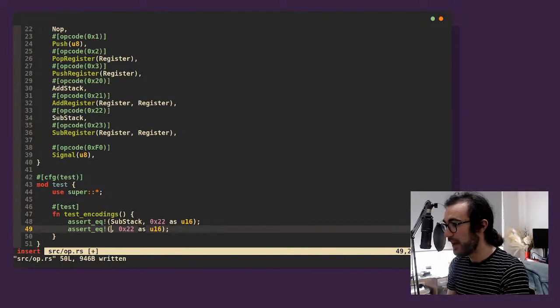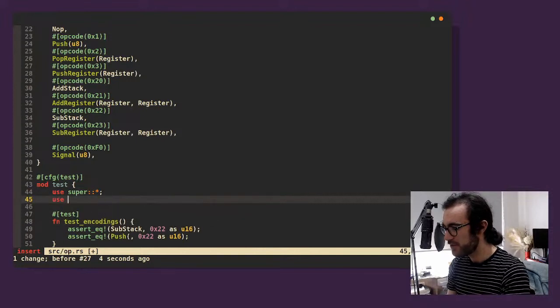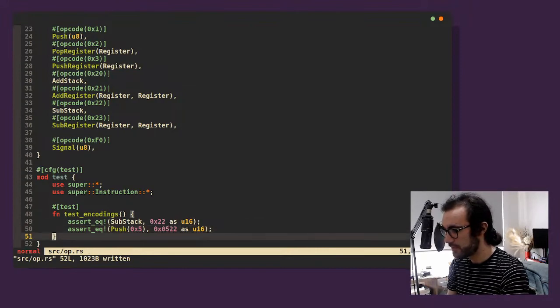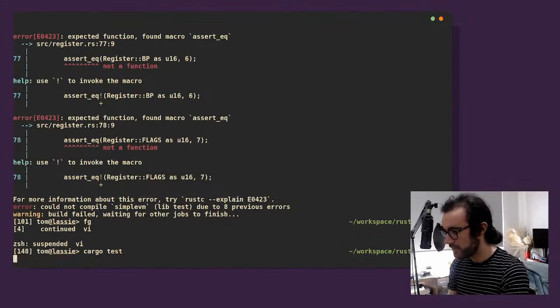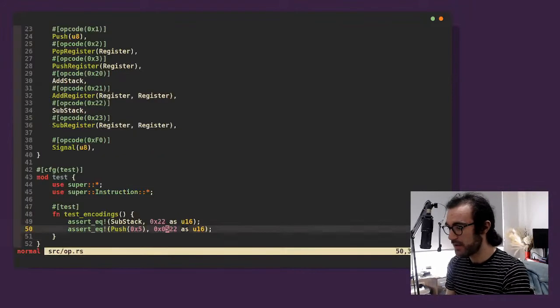There's nothing to encode. Let's say push. We need to prefix these with a... Actually, I can probably just say use super instruction. Can I just do this? And so then I don't have to namespace them. Anyway, let's see if this works. Push hex 5. So then this would be 0522. Yes? No, cannot be applied to the type instruction. That is fine